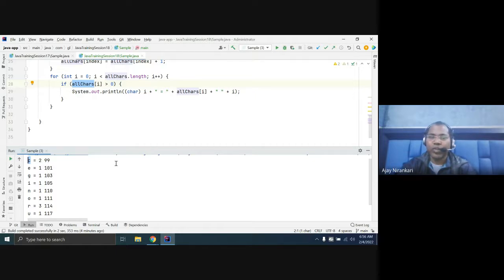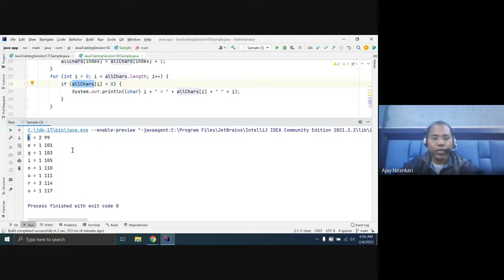Are you getting what we are going to do? Just assume this is your array. Each array element has a value, this is your value, and this part is the first part, your value, and the second part your index. Index 99 has a 2. Index 101 has a 1. From this array, I want to find what is the maximum value. This is the value part. What is the maximum value?